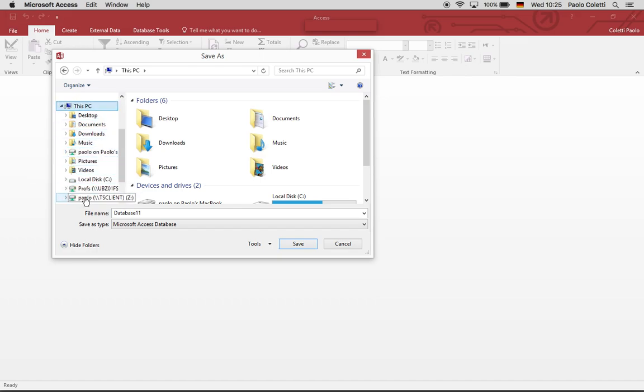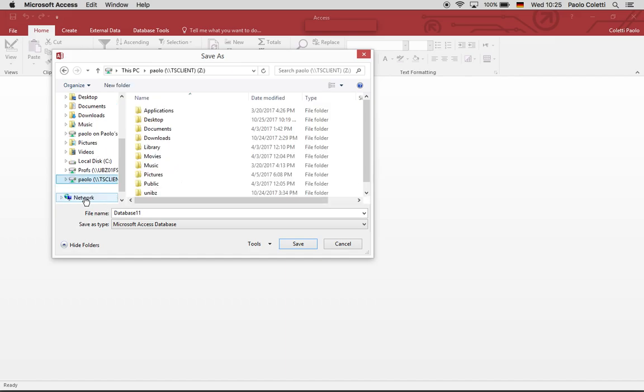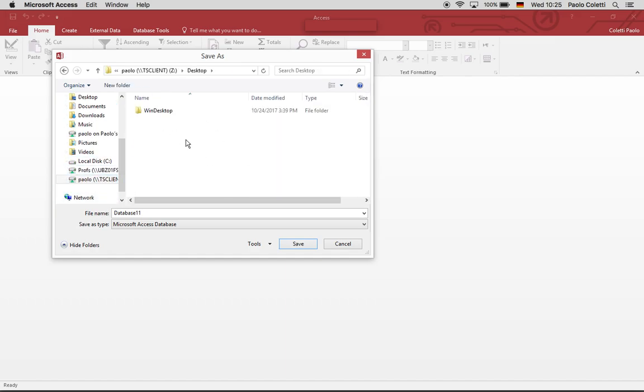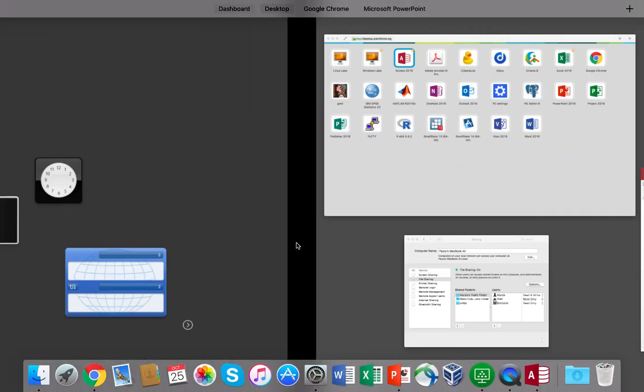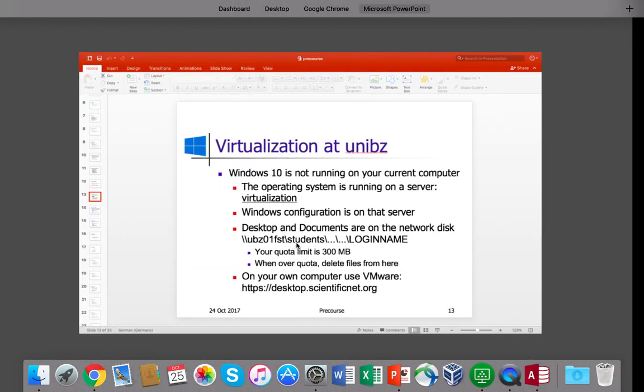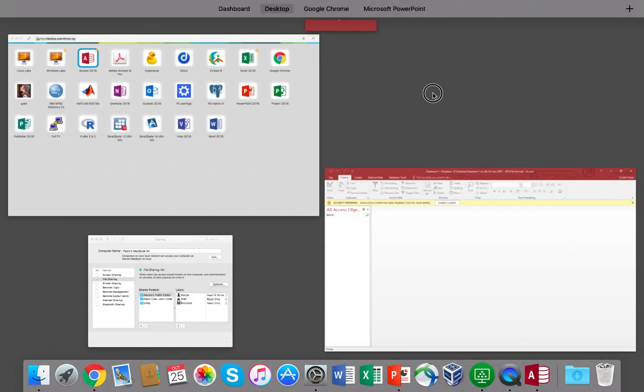However, here you also see Paolo. Since the user of this computer is Paolo, it's this local computer. So when I go to the desktop of Paolo, it's the desktop of the Mac. Let's just, as an example, save database 11, and you will see that it has appeared on my Mac desktop. If I can reach it, because let's reach the Mac desktop.